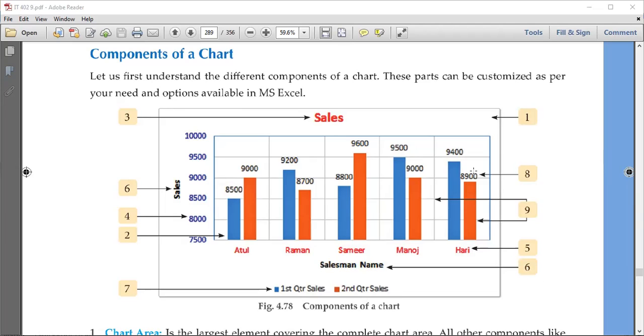You can add them at various layouts, but if these values are not there, then these grid lines will help us to make out कि भाई ये 9000 जो है वो कहाँ कहाँ है. So data series की values we can easily find out with the help of these grid lines, right?